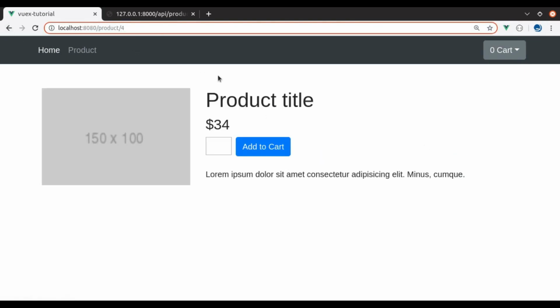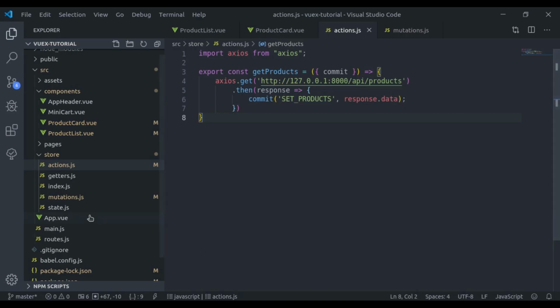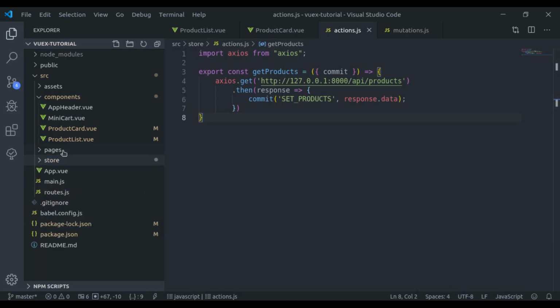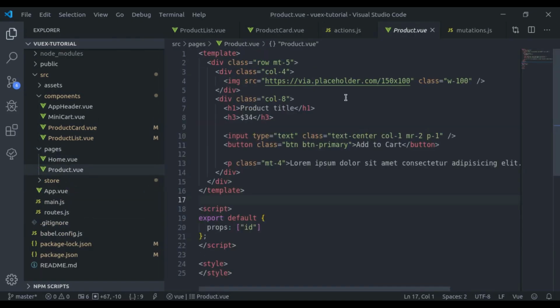Now here it is static data. Now let's make this single product page dynamic. For that, in the pages product page on mount, we will fetch the single product based on this product ID. So here we'll create mounted,